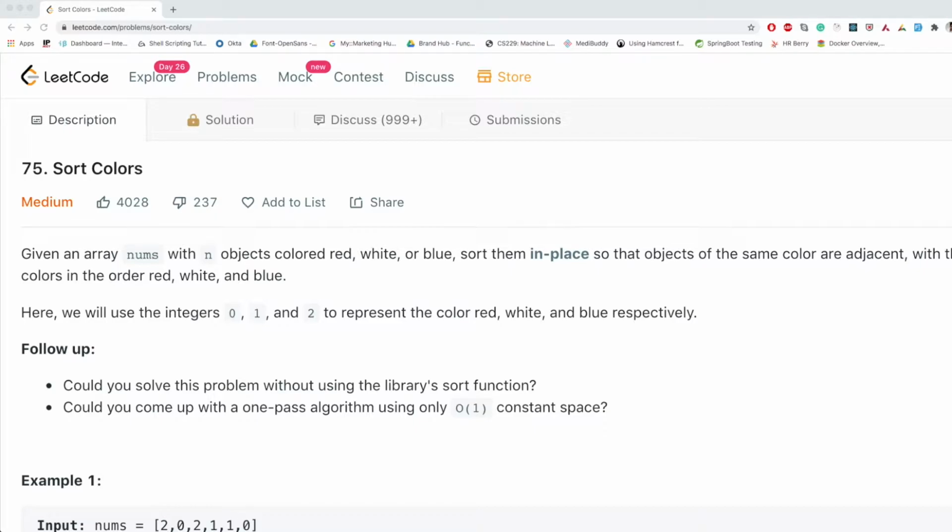Here, we will start with the very naive approach. First, we will go through the problem description. We will see the input and output format, and then we'll see the constraints, and then we'll start thinking with the very basic solution. And then we will try to optimize the solution.